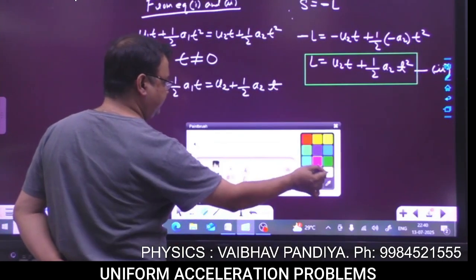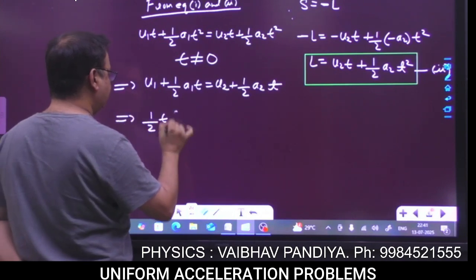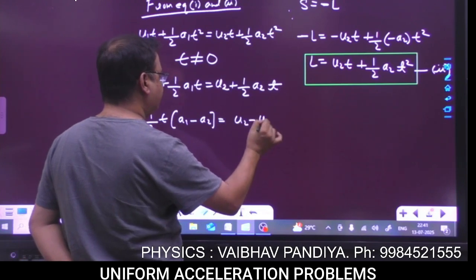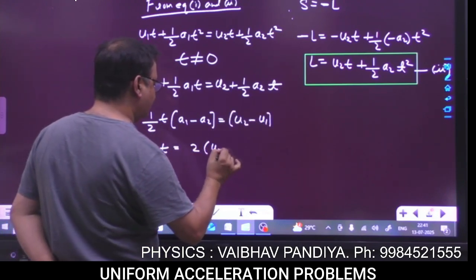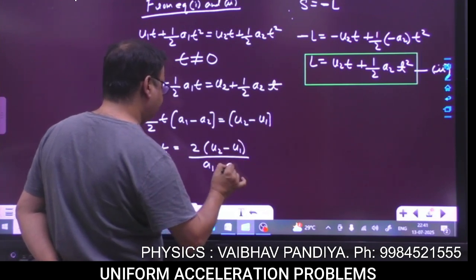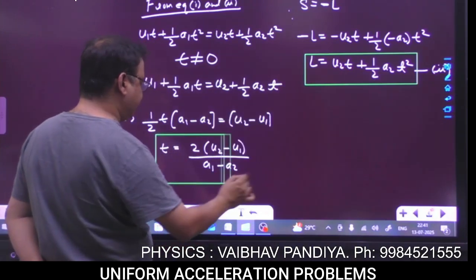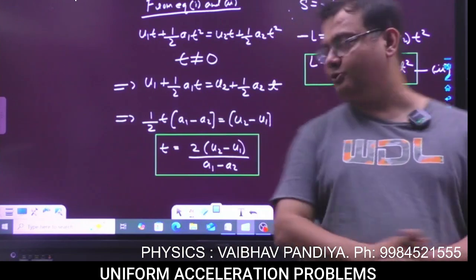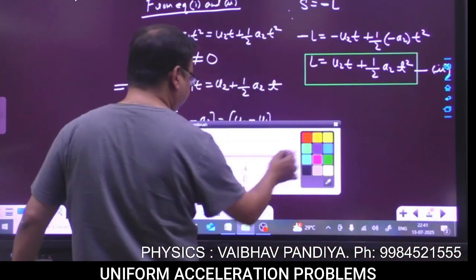So you will get the equation: half t (A1 minus A2) is equal to U2 minus U1. So t will come to be twice of (U2 minus U1) divided by (A1 minus A2). So this is the first part: at what time they will be crossing each other. That is twice the difference of the speeds, U2 minus U1, divided by A1 minus A2. That is the answer